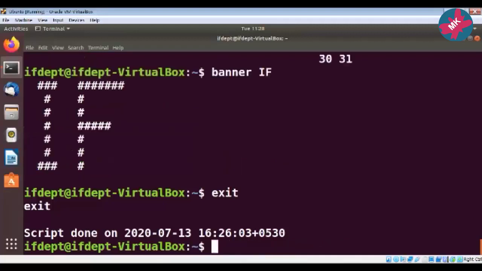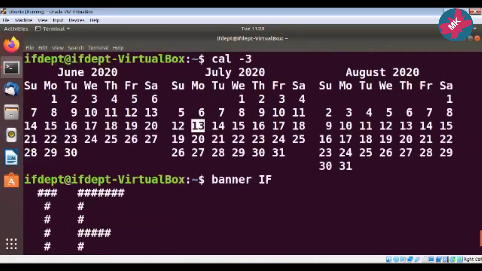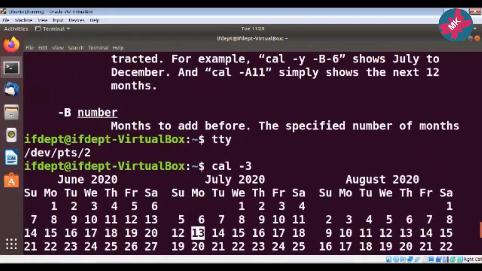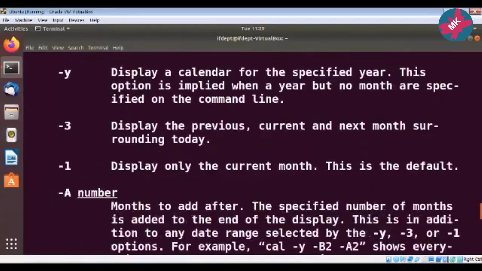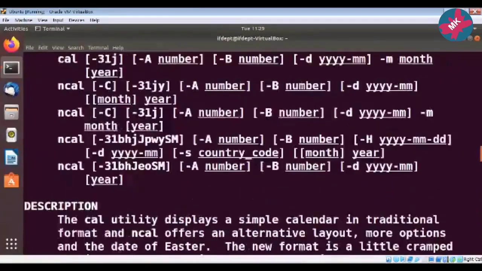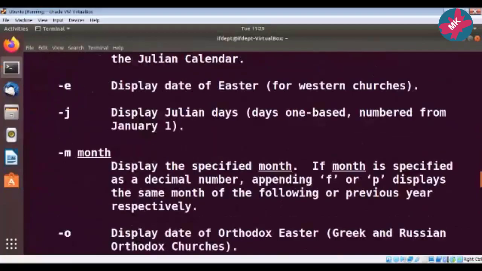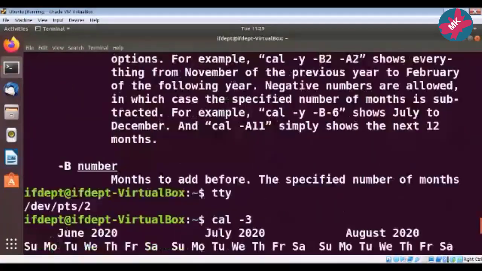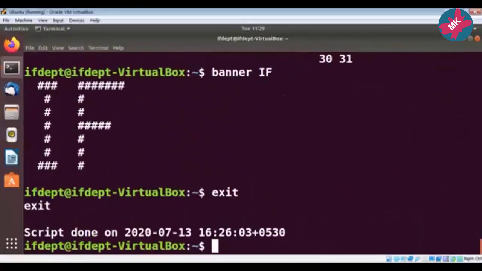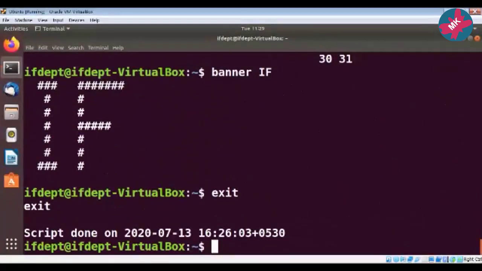So I press enter and the content from the 20th line is displayed. This is how you can use the tail command as per your need. You can play around with this, trying different files, and see the difference. So head displays the top lines and tail displays the bottom lines of a file.